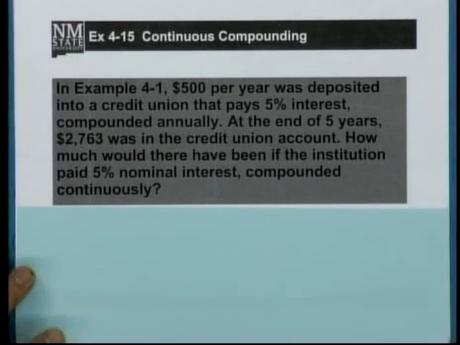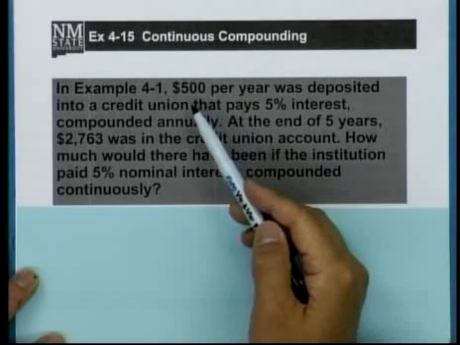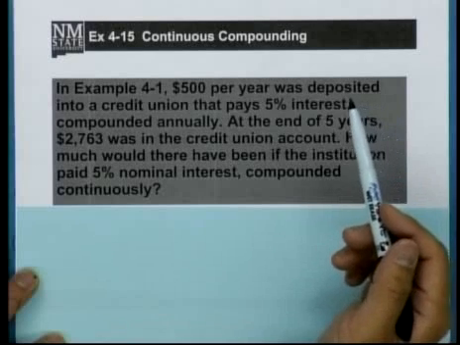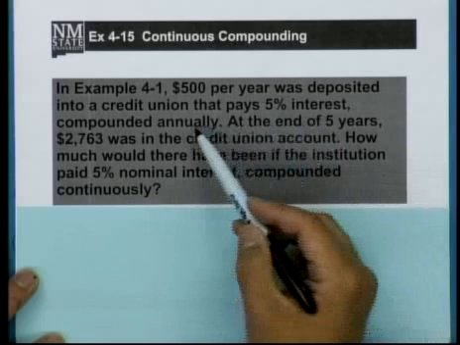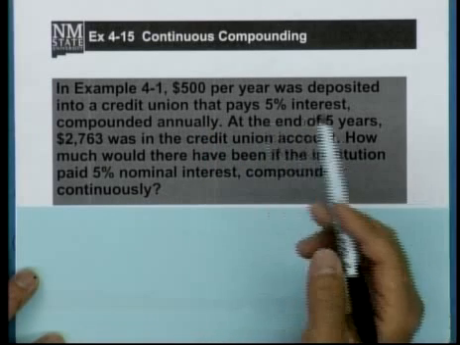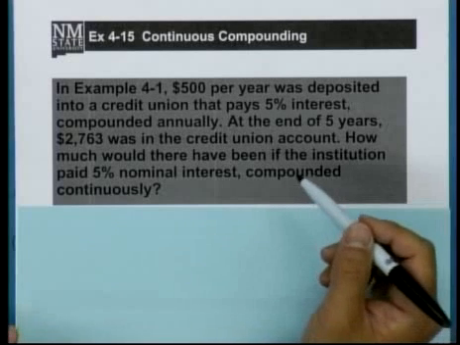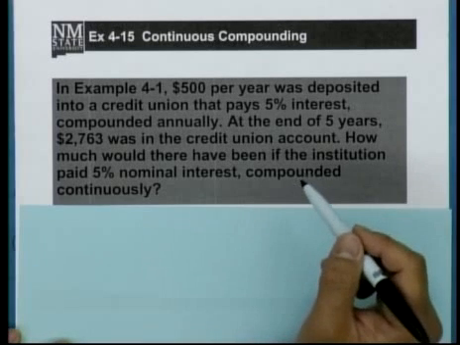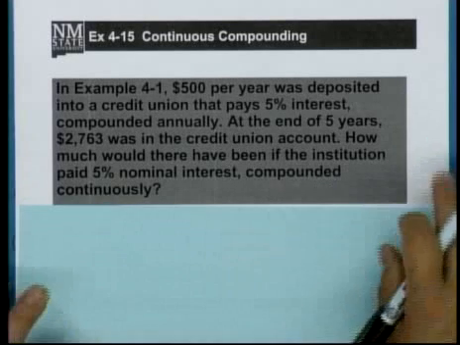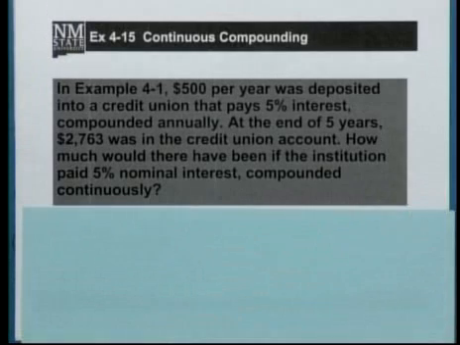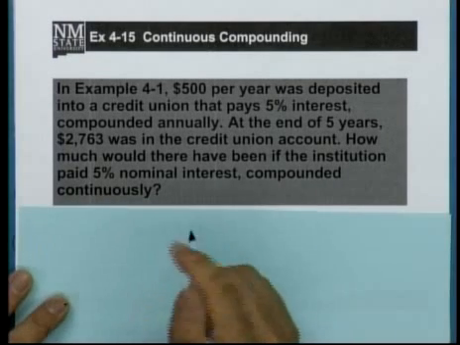So the $500 were deposited in the credit union, and they pay 5% compounded continuously, right? At the end of each year for 5 years. Then we want to know how much you have after the fifth deposit. So the formula for the continuous compounding series compound amount would be